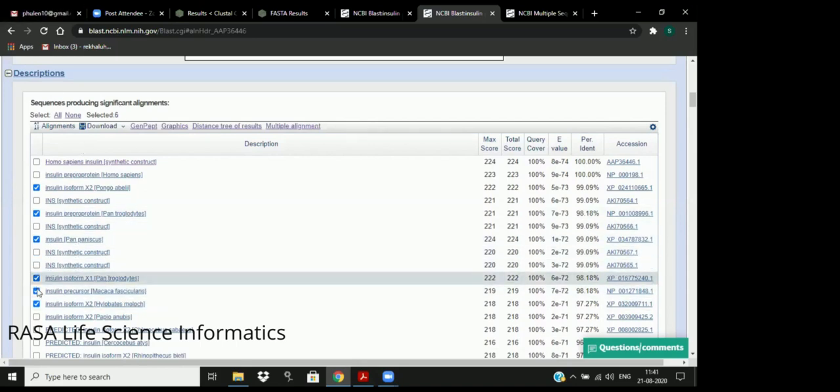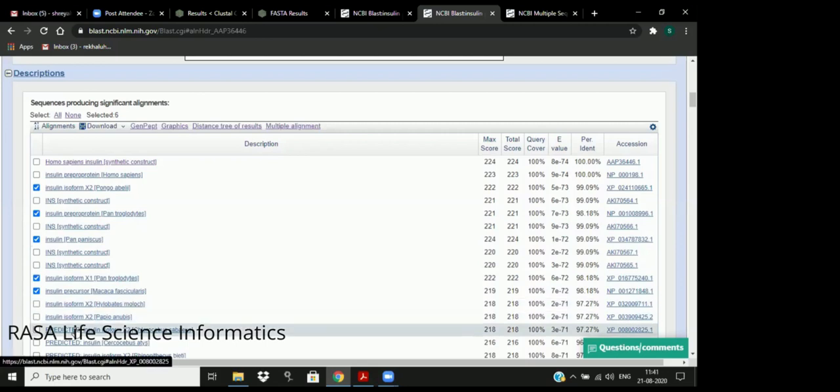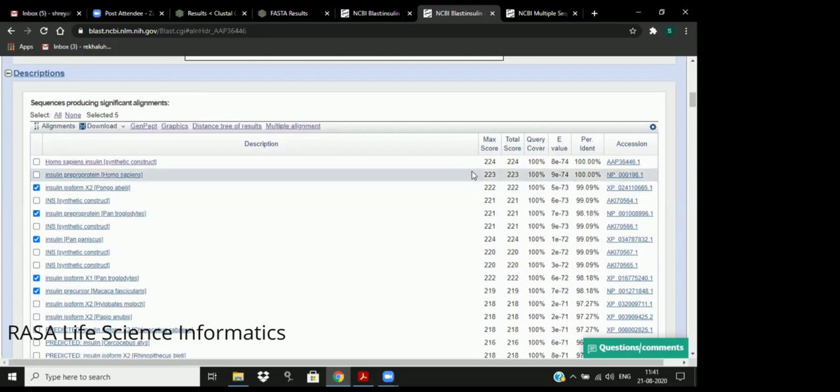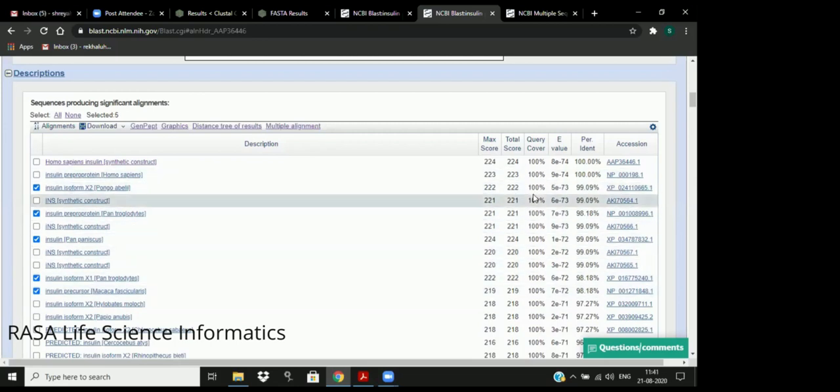Okay. Now, why have you picked up these? Because they show good query coverage, good